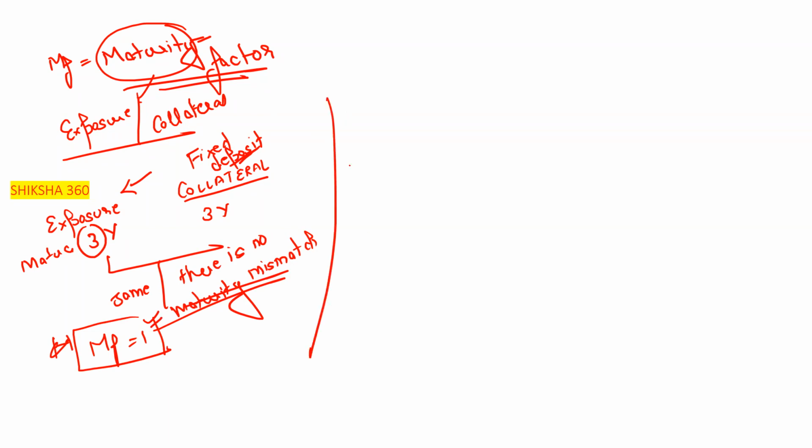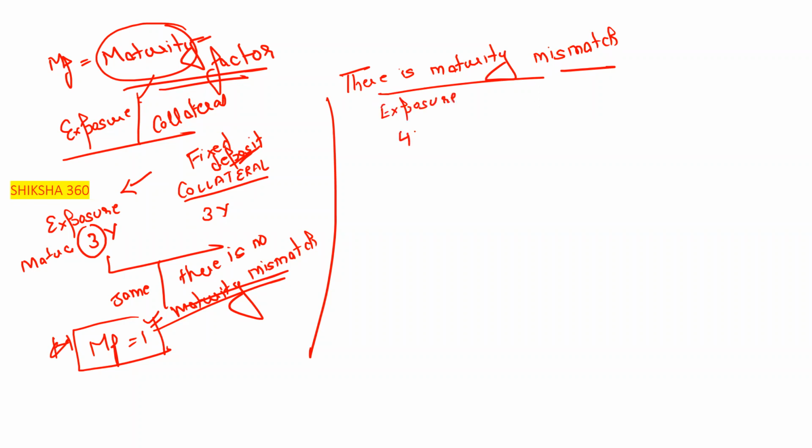What will happen if there is maturity mismatch? If there is maturity mismatch, in that case, what will happen? Like, we can say that exposure is 4 years, collateral is